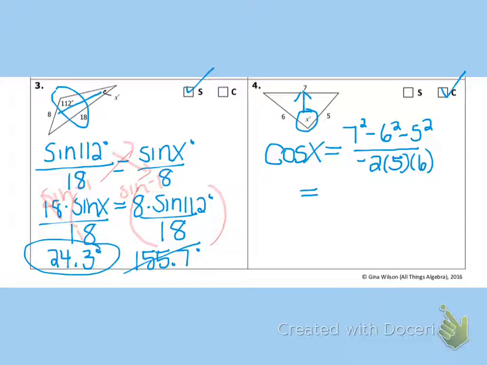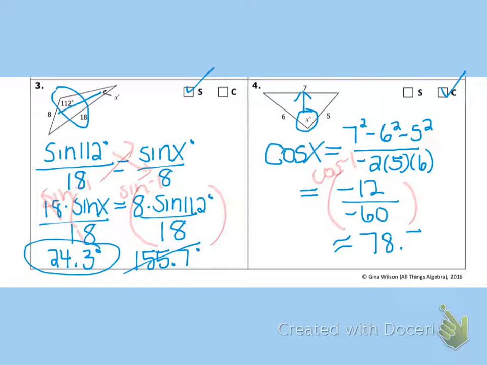So this one you want to be careful to do in separate steps. First thing I'm going to do is figure out what that numerator is: 7 squared minus 6 squared minus 5 squared turns out to be negative 12. And then the denominator, negative 2 times 5 times 6, is negative 60. And so my final step is to go ahead and take the inverse cosine. The inverse cosine of negative 12 divided by negative 60 turns out to be approximately